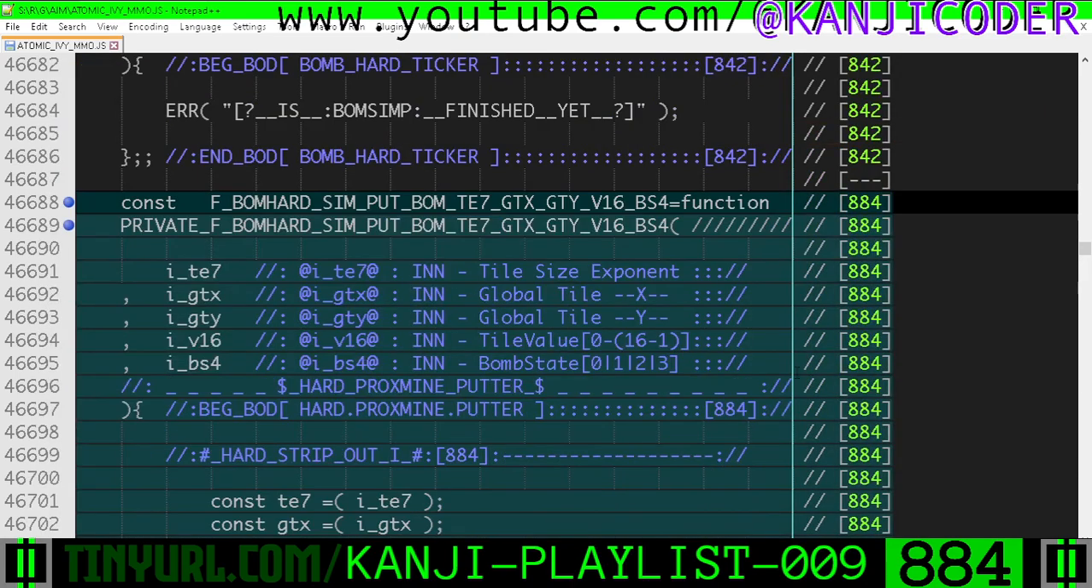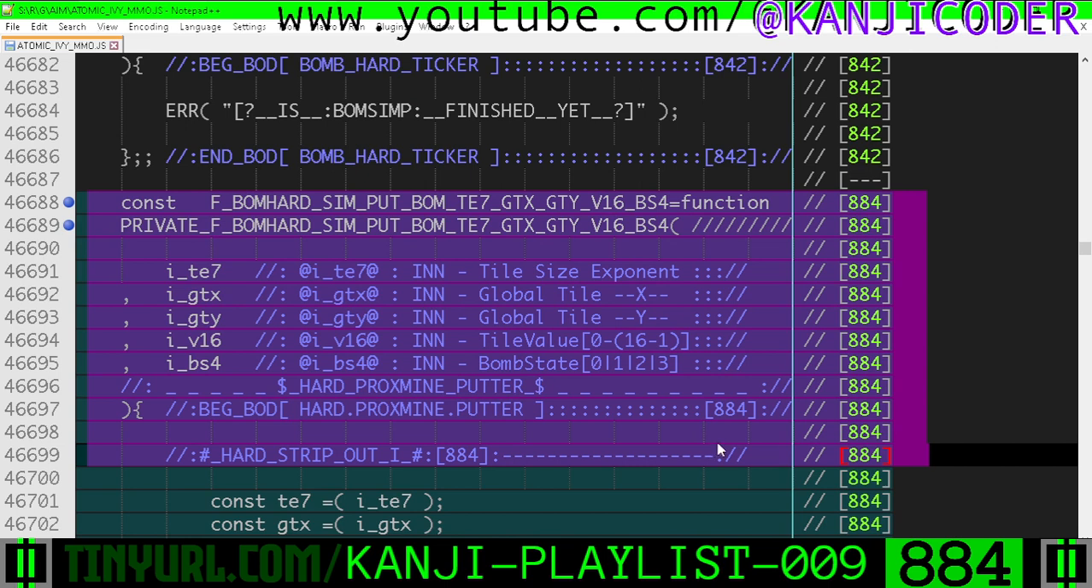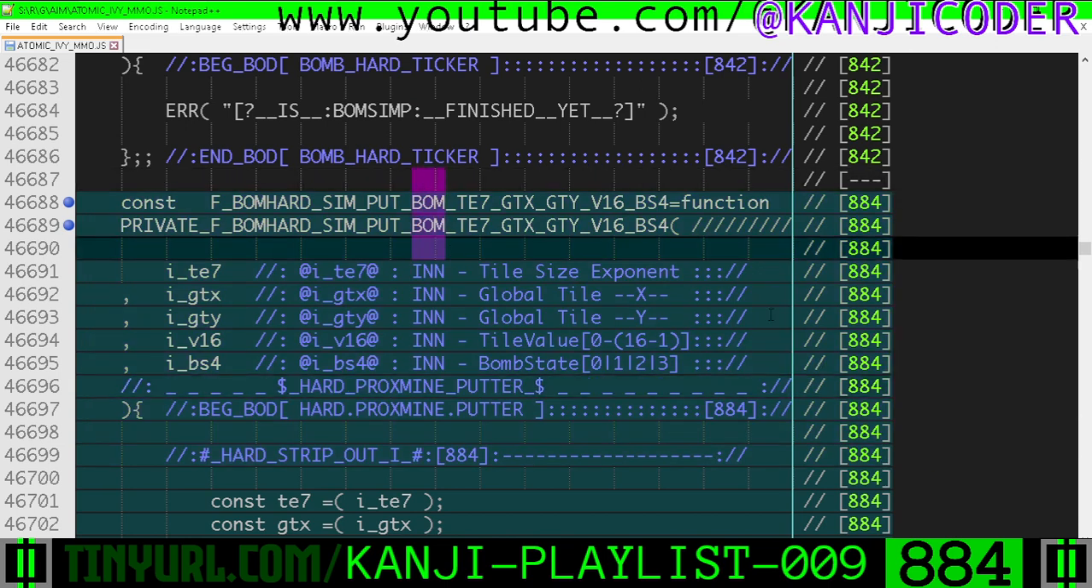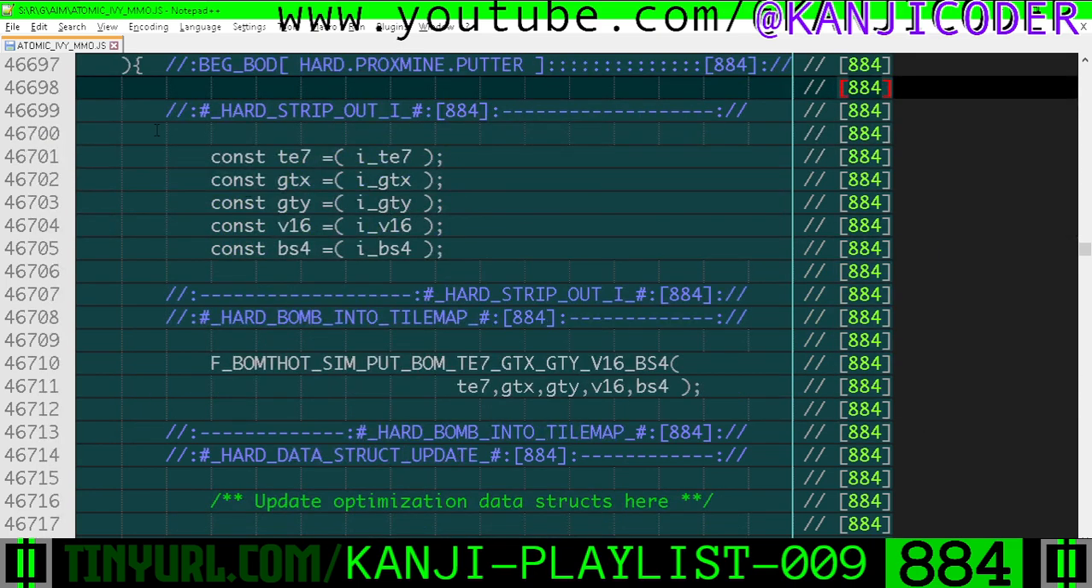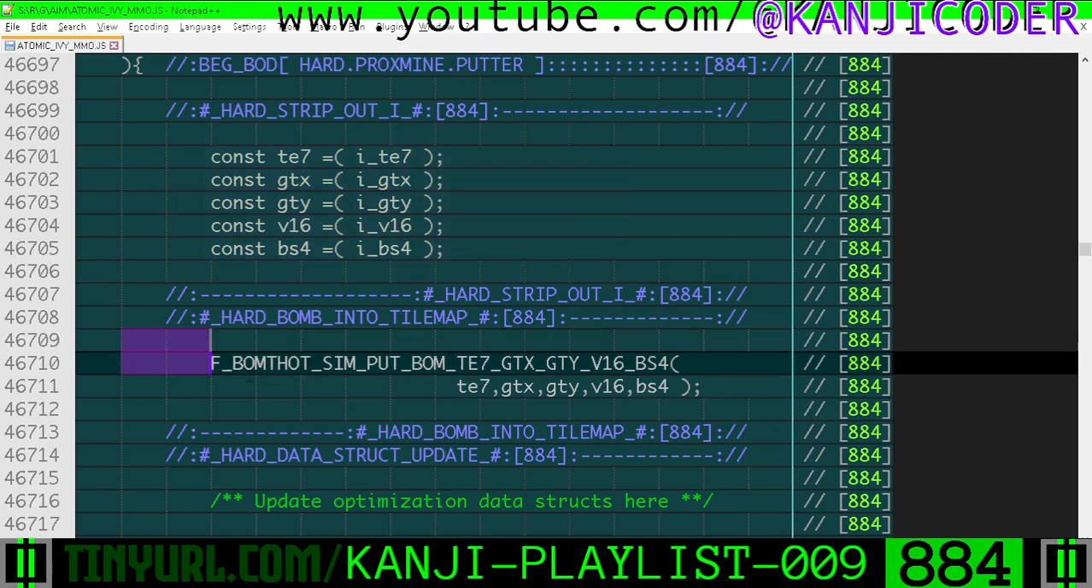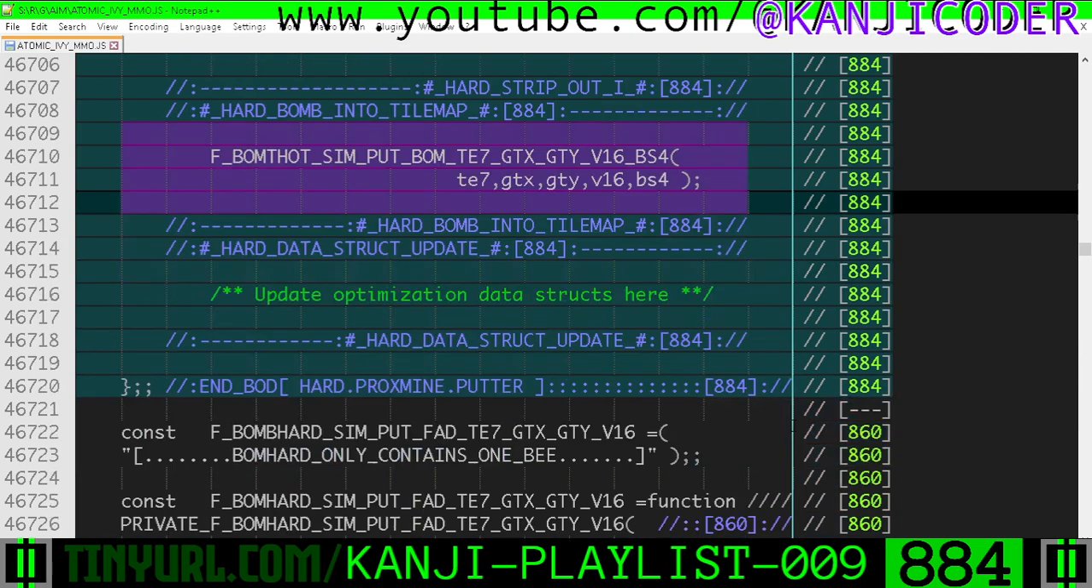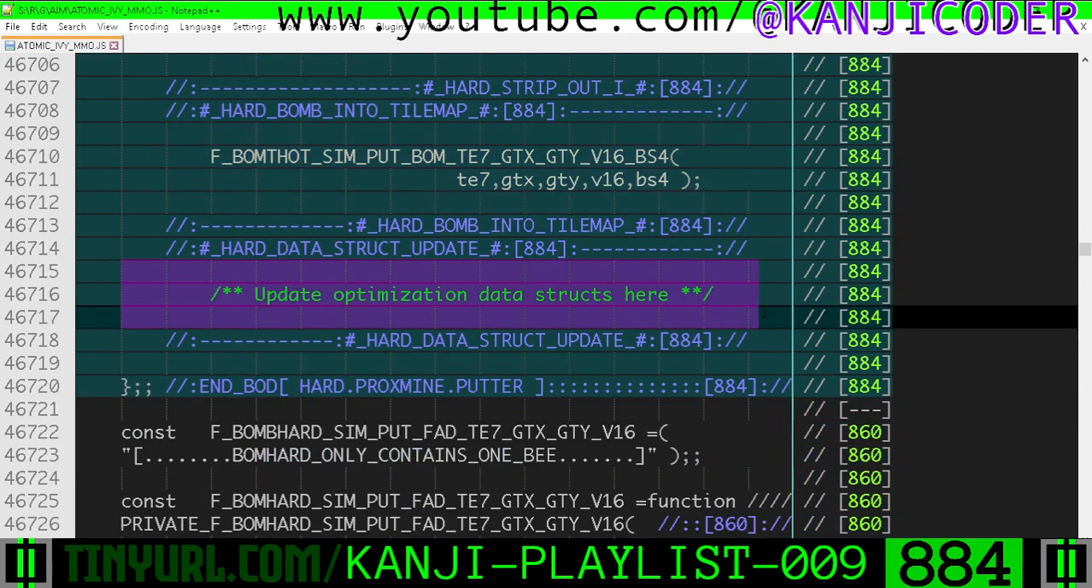Bomb hard. This is the bomb hard tile putter that puts a bomb into the tile map. All of these parameters are in the exact same order as all of these parameters. Pause to read that. I don't got no fucking time. Stripping off the eyes so that we can call the shared bomb thought putter right here, then updating any parallel